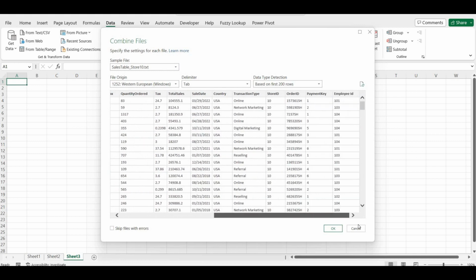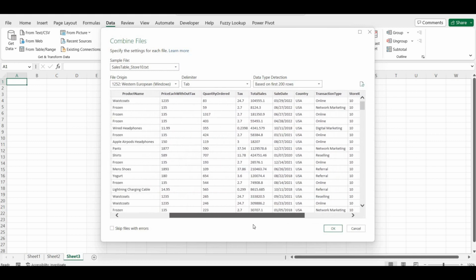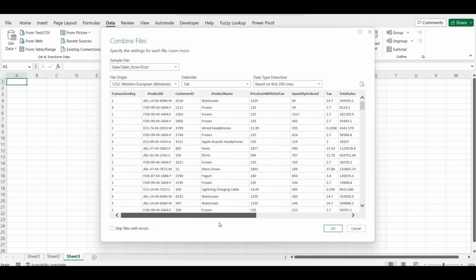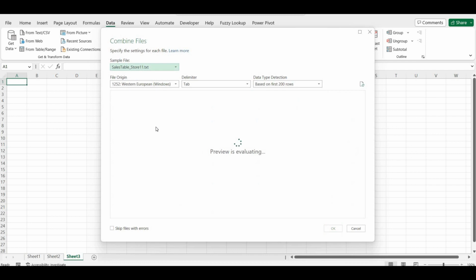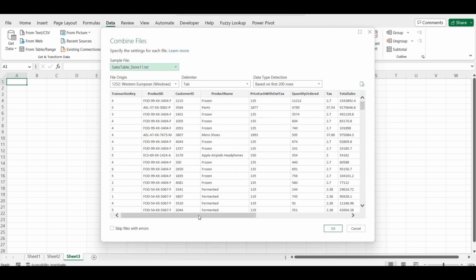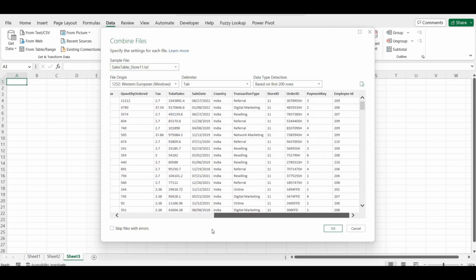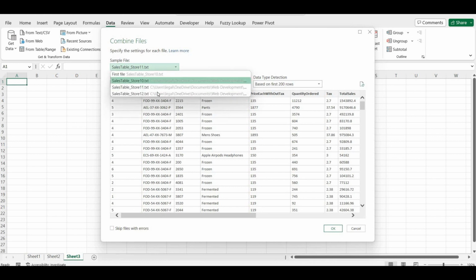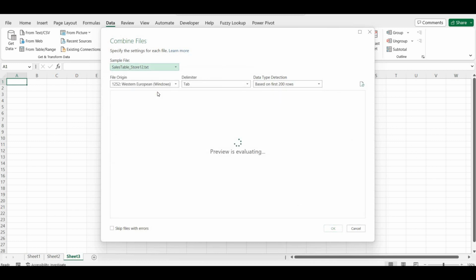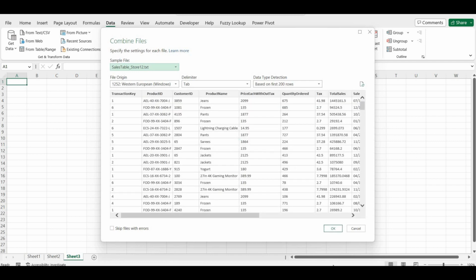And this is the preview, as you can see. This is the second table. And this is the third table. I'll click on OK,